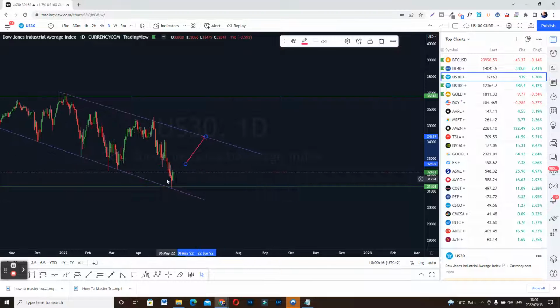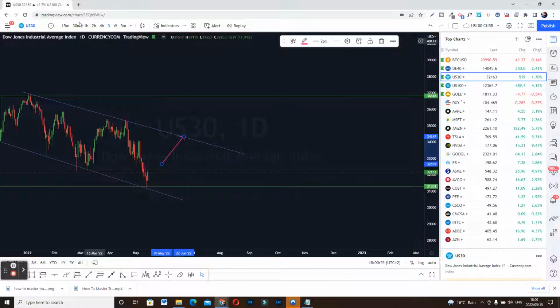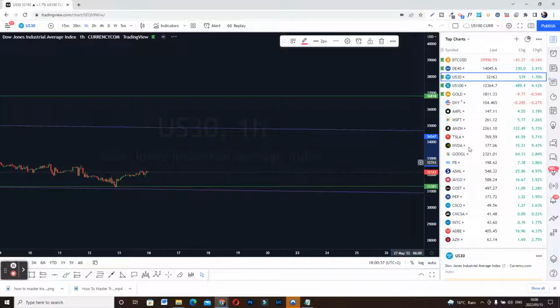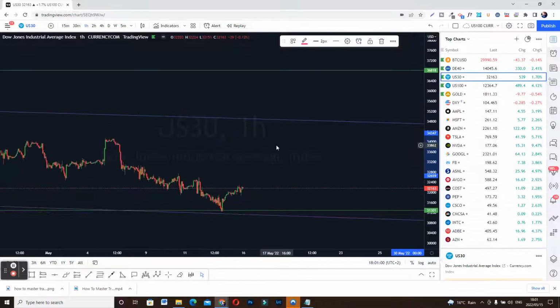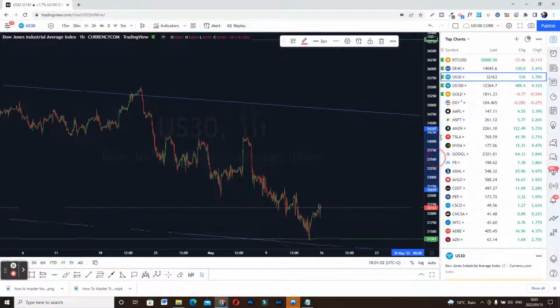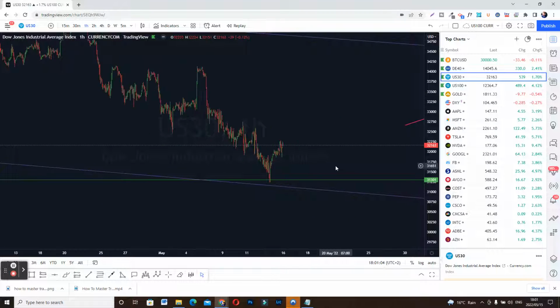So either we're going to have a double bottom right at this level before we go to the top. So let's go down to a smaller time frame and see if there is any trend and support level that actually guides us to start